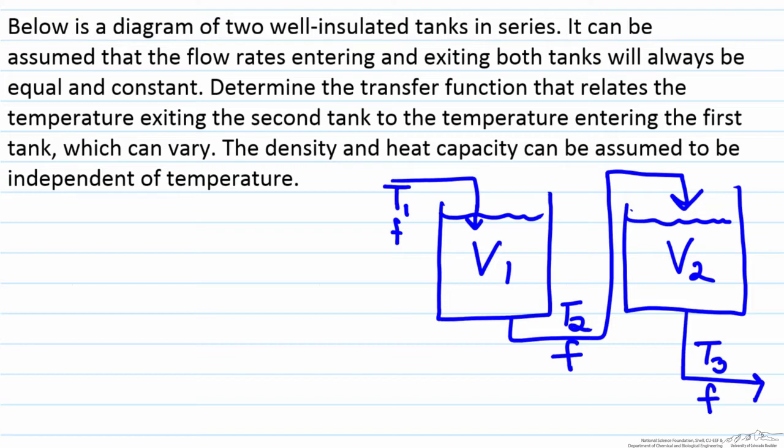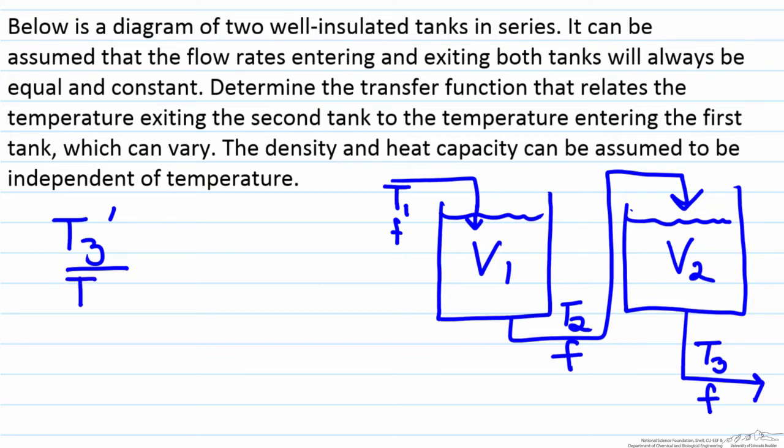to show how two first-order processes in series can lead to a second-order transfer function. We'll use the example here where we have two well-insulated tanks in series, where the flow rates entering and exiting the tanks are going to be constants and the same. Here our goal is to determine the transfer function that relates our output variable, which is the outlet temperature of the second tank, T3, and we'll evaluate this in deviation variables, over the input to the first tank, which can